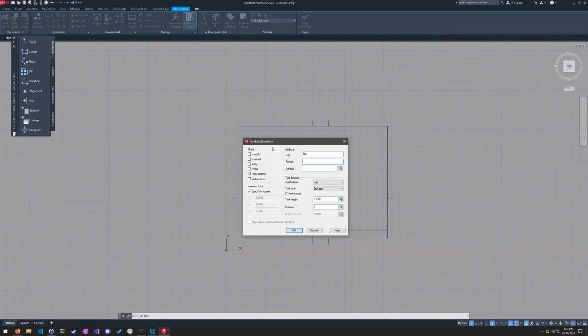Prompt is what the computer is going to say when it asks us to type something in here. So what we're going to have it say is: type the title here. Very simple. And then default is what's going to be in that title if we don't change it, right? So what it's going to say as soon as it pops up. So what we're going to put in there is name